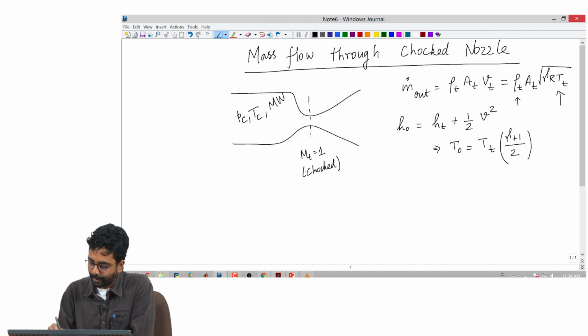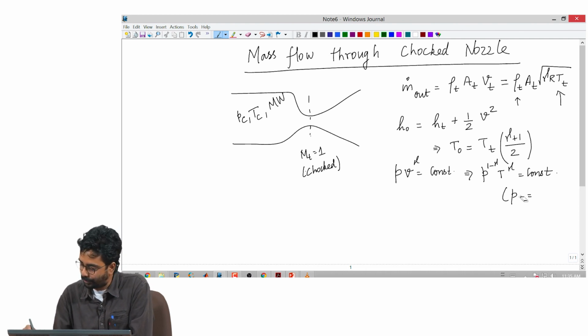Okay. And this is the adiabatic part, the isentropic part: P V raised to gamma equals constant, which also implies P over T raised to gamma over (1 minus gamma) is constant, using the ideal gas equation. I am using V for both velocity and specific volume; I should use mu for specific volume.